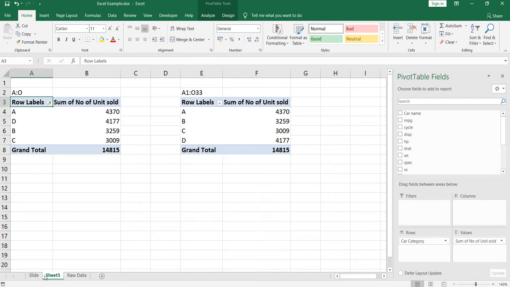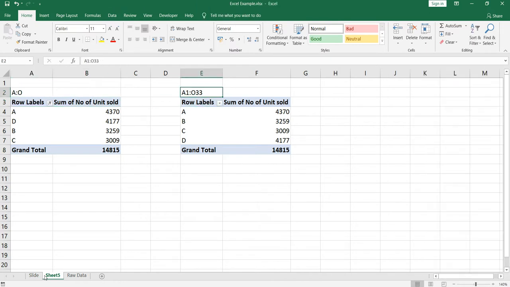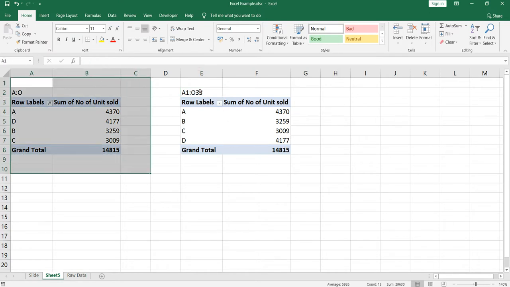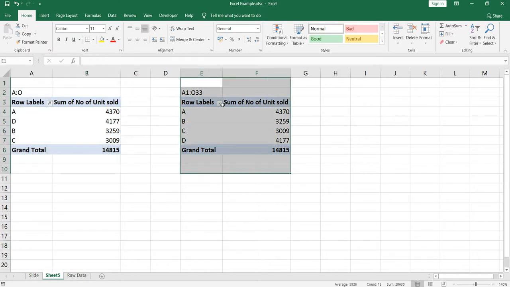And what is the limitation of using an absolute range in a pivot table? In our first scenario, where our data range will increase, we won't be able to use this pivot table, because its range is fixed. It will always take data from A1 till O33.